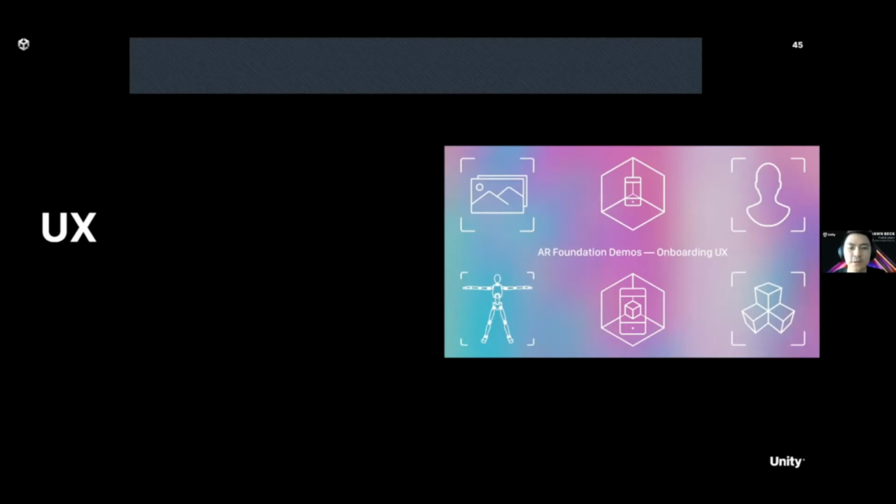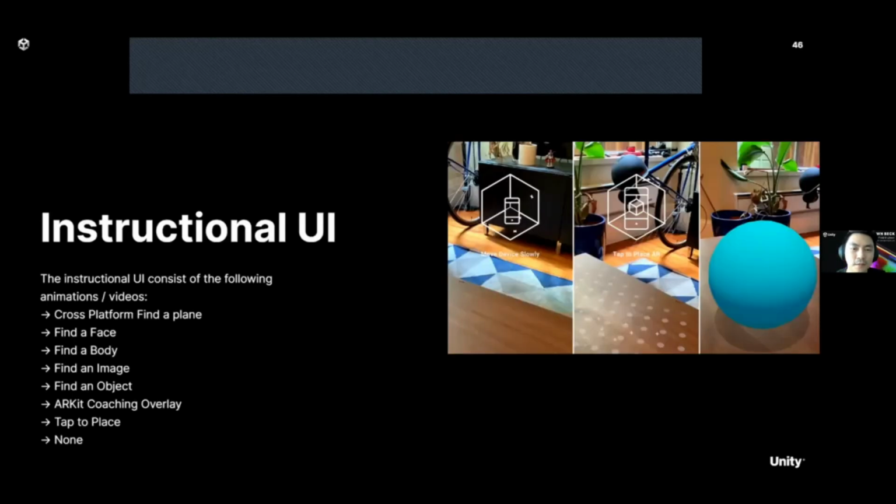The demo repository also contains templated instructional UI because AR is relatively new to a lot of users. So most users are lost when they try their first AR experience. For this reason, we've developed an onboarding UX kit, or user experience kit, to help ease users into an AR experience. This template consists of the following animations and videos, helping them to find a plane